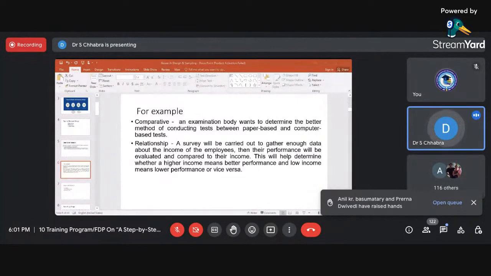Here are some examples that I've tried to put across: you can have a comparative study on certain things. You can compare between certain